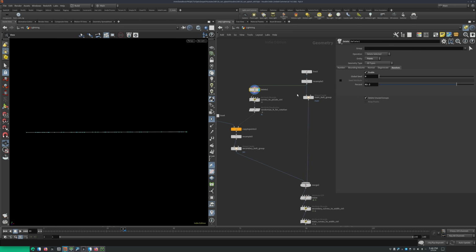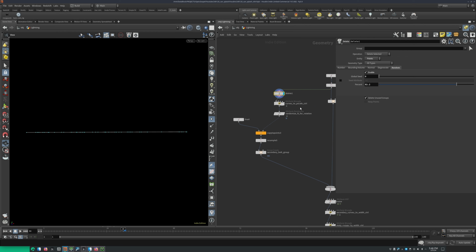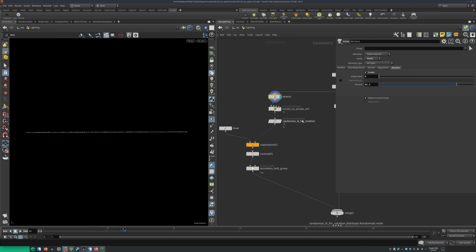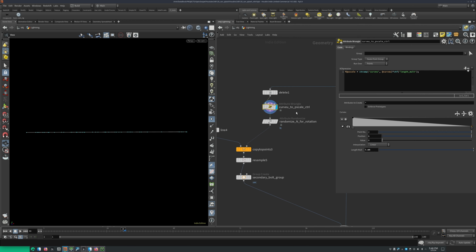I then use a delete node to set that to points and random, and then I increase the percentage to delete the number of points where I don't want the secondary bolts to be scattered. Then I drop down an attribute wrangle. So I feed the curve view attribute into the p-scale. Just type in f@pscale = chramp,